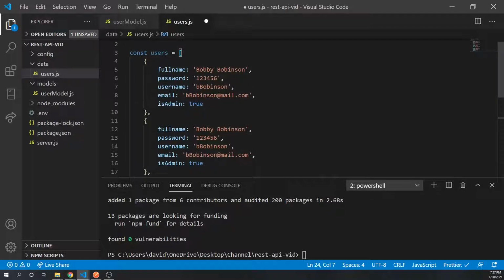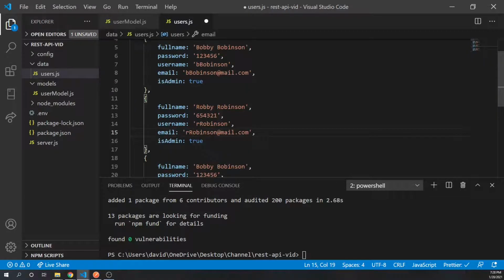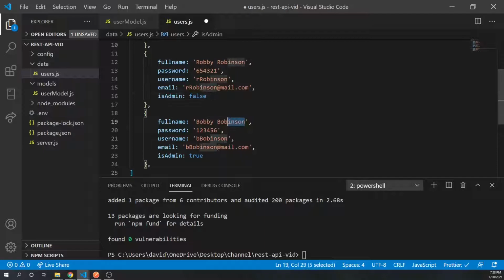We'll put 2 more. I don't know, maybe we'll make this Robbie Robinson. His cousin. Password even more secure, 654321. Username, obviously, R Robinson. Matches email. R Robinson. But he sadly is not an admin. Change that to false. And then we'll push